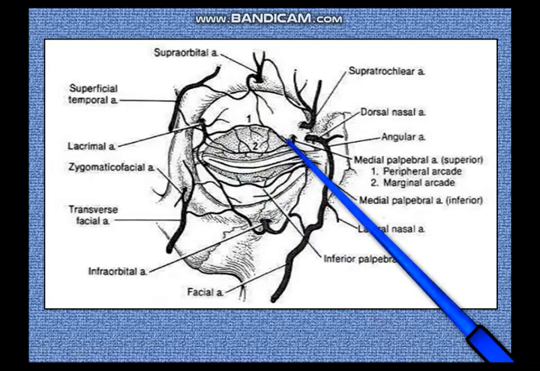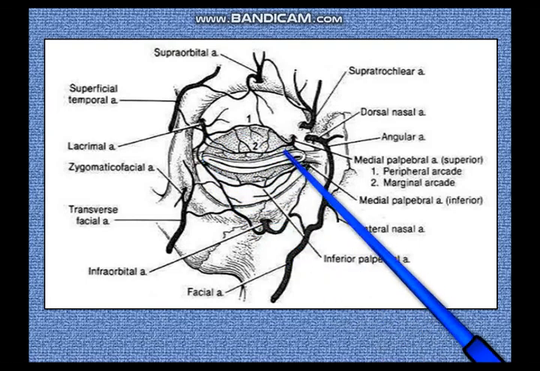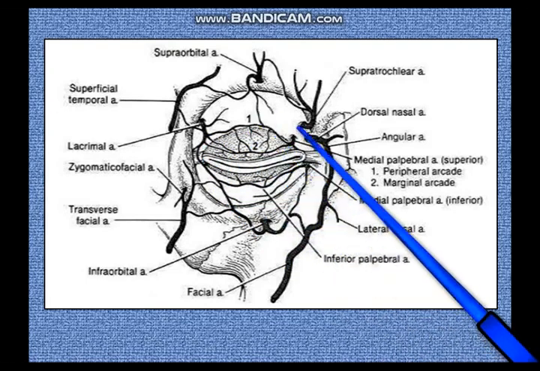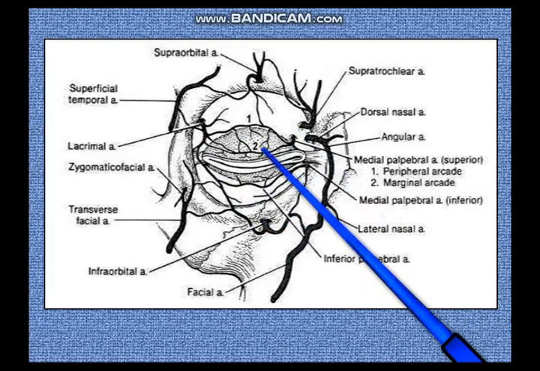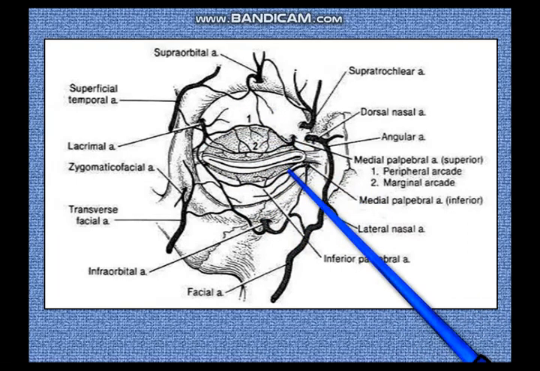Not only do they supply the eyelids, they also supply the adjacent palpebral conjunctiva, and the bulbar conjunctiva on the side of the eyeball is also supplied by branches from the palpebral arteries curling over the conjunctival fornix, and partly the bulbar conjunctiva is also supplied by the episcleral vessels which are crawling over the surface of the sclera. So much for the arteries.